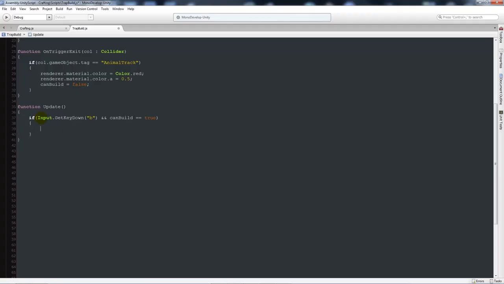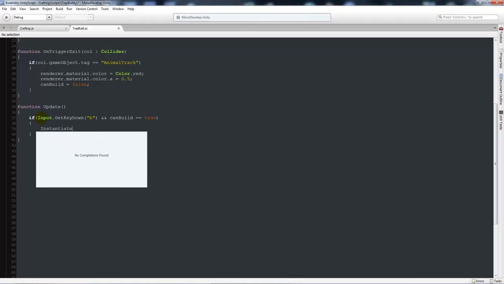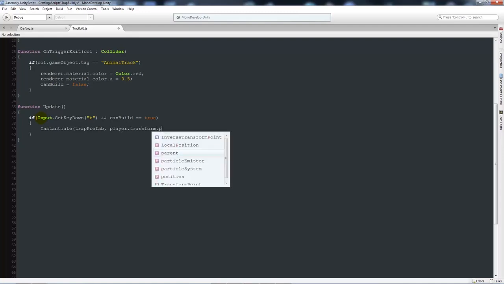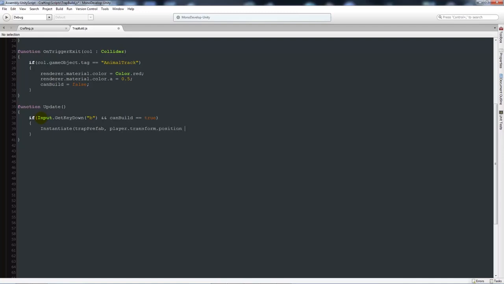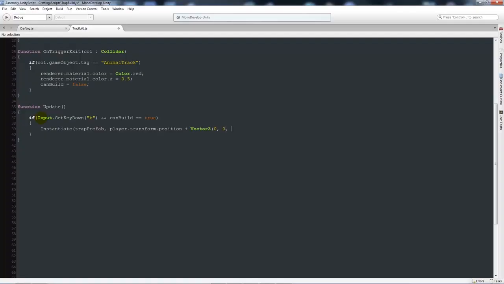Then I'll add 2 curly brackets below, and I will say Instantiate(trap prefab, player.transform.position + new Vector3(0, 0, 5), so that's going to be the position of where we'll initially position it away